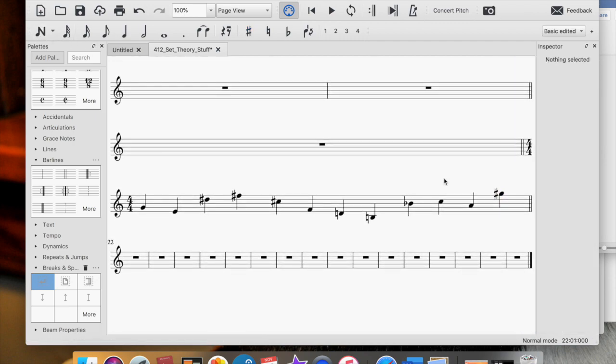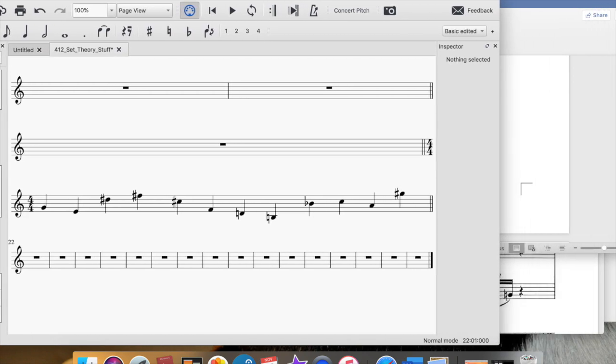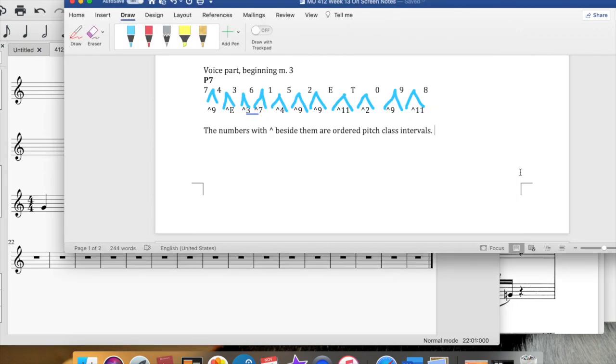So now we have our row. It has stems, which is unnecessary, but in any case, now we have our row spelled out on the staff here, and it might be a little easier to see different relationships that happen within it. So I think it can be helpful to break the row up into tetrachords and trichords to see what's happening inside it.